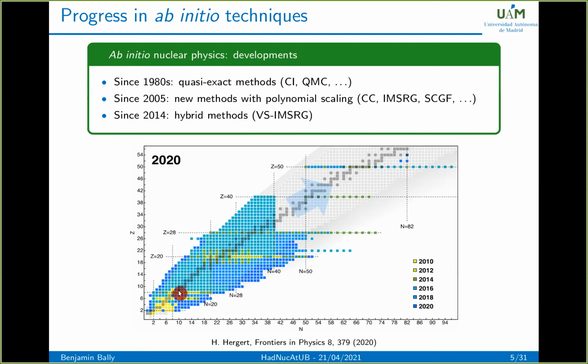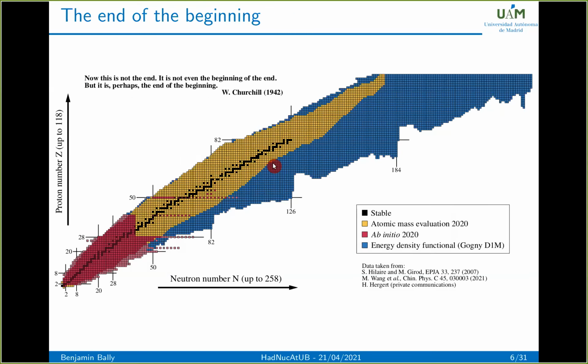And so, as I said, great progress, although it has to be contrasted by the fact that not all methods can reach all nuclei in this chart. In particular, I guess most of the blue points here were actually calculated through this valence space IMSRG. And not all methods can compute all observables for each nucleus. So great progress, but the nuclear chart is actually much bigger.